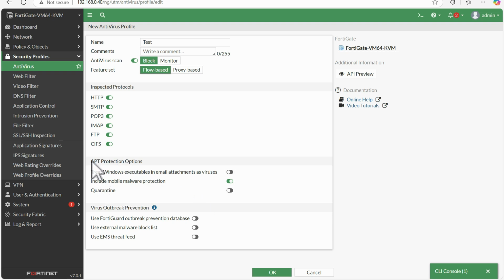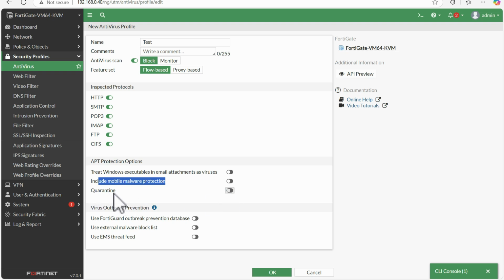There are other APT protection options. Treat Windows executables in email attachments as viruses: this is related to exe files if anyone sends them in an email attachment, and we have the option to enable or disable it. Include mobile malware protection, we can enable or disable.